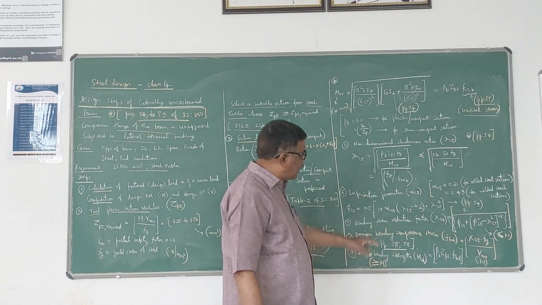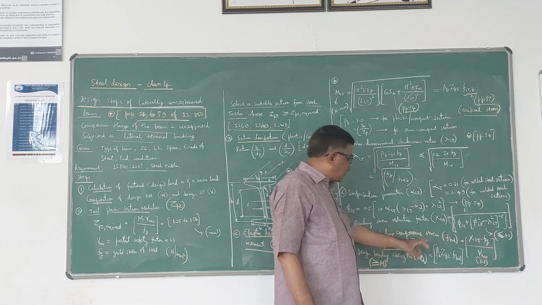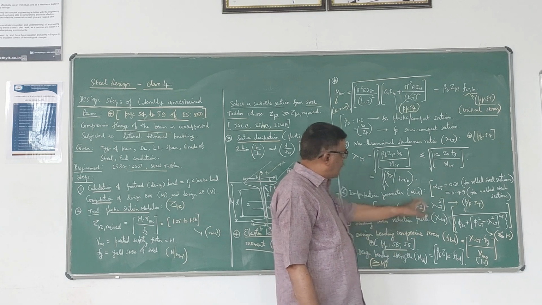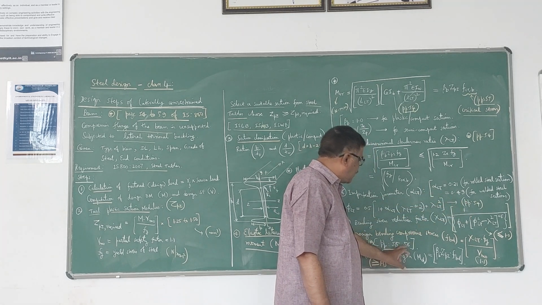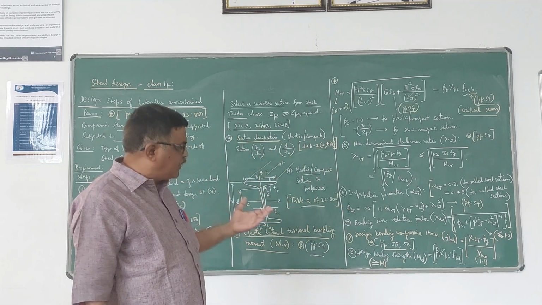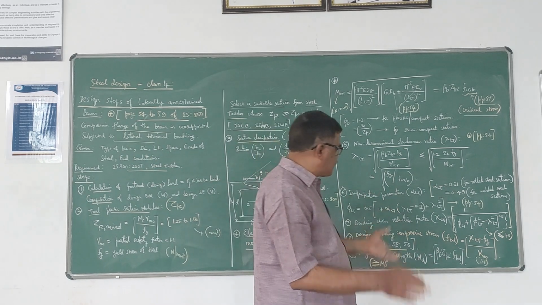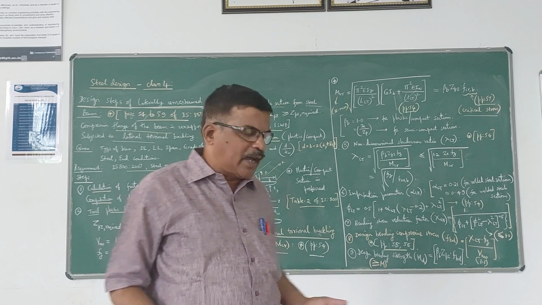For alpha LT equal to 0.21, you can get the value of FBD from page 55. For alpha LT equal to 0.49, you can get the value of FBD from page number 56. So directly you can read it out, or you can use this formula. In both ways you can do it. Slight variation may be there, which you can neglect.